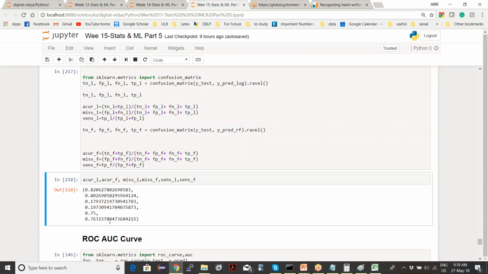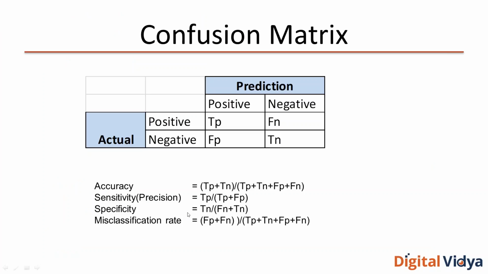But if somebody says that in our case we want high specificity, then you will calculate the specificity and use that to compare your models. So it's not that only one parameter differentiates a good and a bad model. You have to see what is important to them: accuracy, sensitivity, specificity. These are all parameters you can calculate on your predictions, and then use one of them as a tool to choose the best model. So this is the approach.